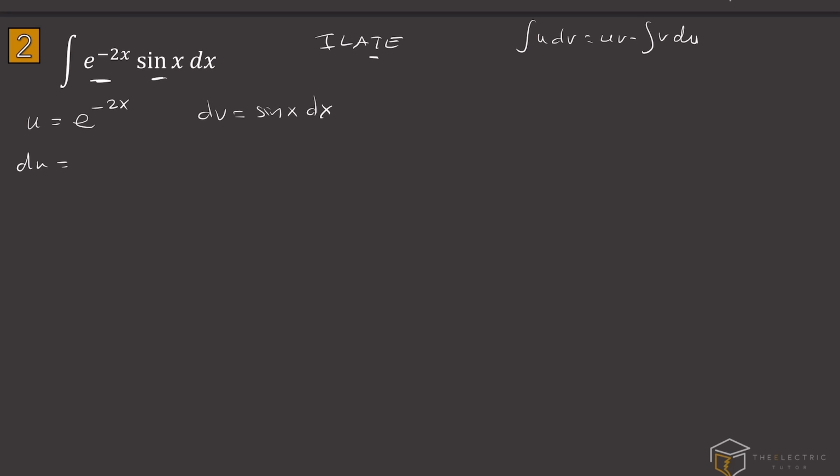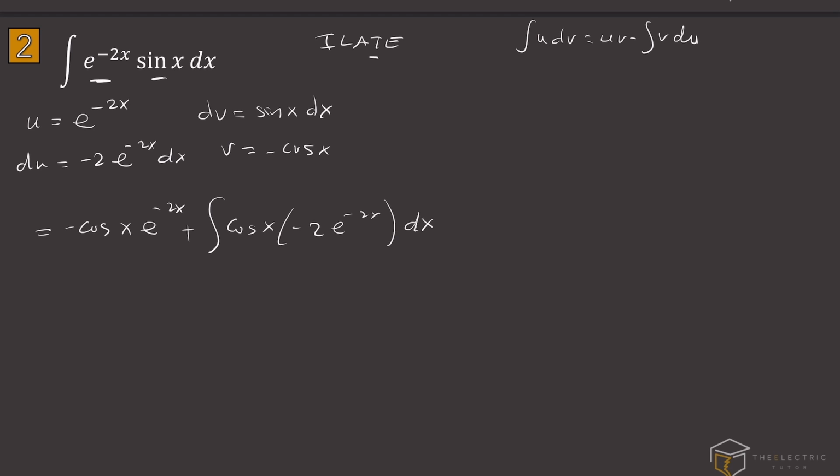So du is going to be minus 2 e to the minus 2x dx, and v is going to be minus cosine x. So our integral is going to be equal to minus cosine x e to the minus 2x minus the integral of v, which is minus cosine, so this turns into a plus. So cosine x, and then the rest is minus 2 e to the minus 2x dx. Let's quickly rewrite this. So we're going to have minus twice the integral of cosine x e to the minus 2x